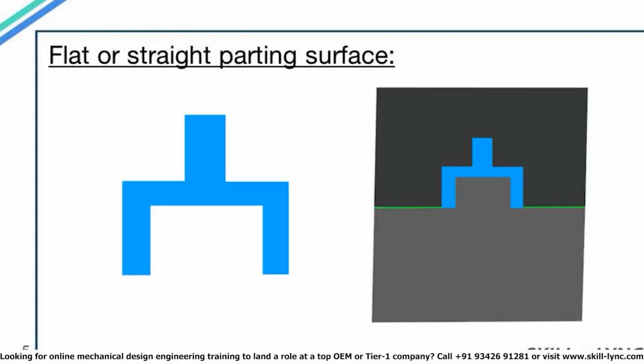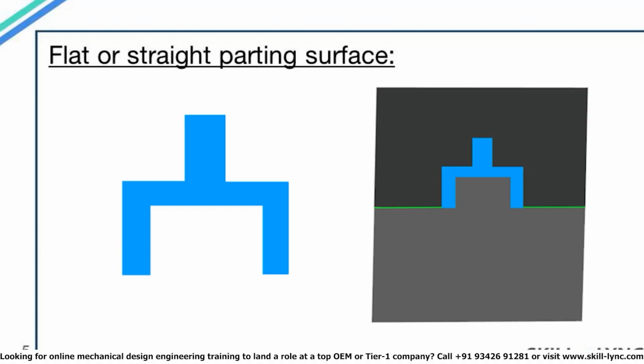So here we have a part that will have a flat parting surface. On the right you can see the core and the cavity for the part, and the green line indicates the parting surface where the core and the cavity blocks will meet. So whenever you have this type of flat surface, it is called a flat or a straight parting surface. Machining of this kind of surface is the easiest, and that is why flat parting surfaces are preferred over other types of parting surface. But it is not always possible to provide a flat parting surface, as we will see